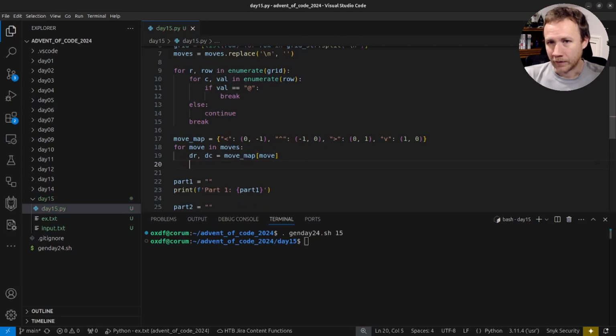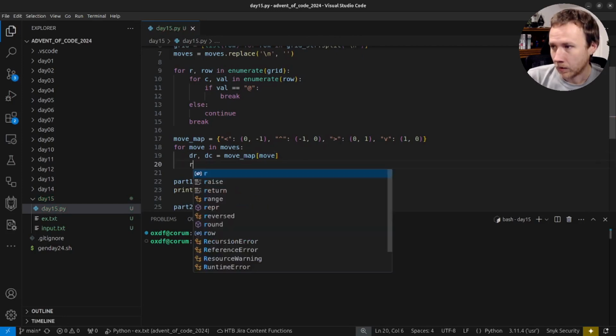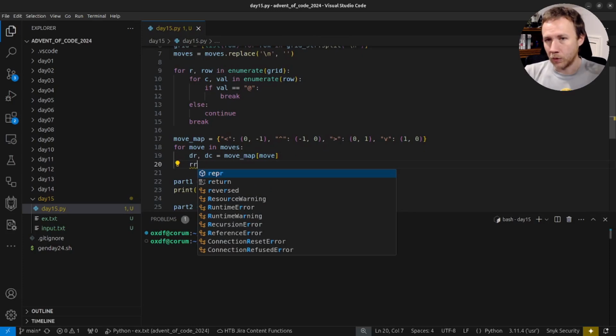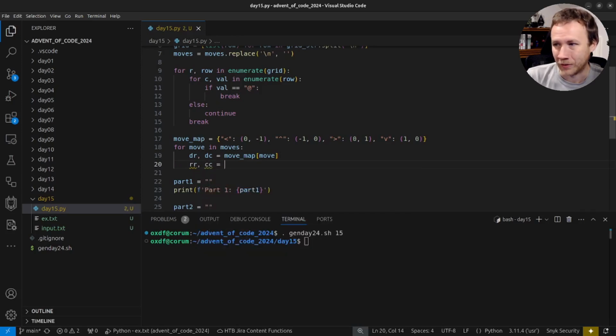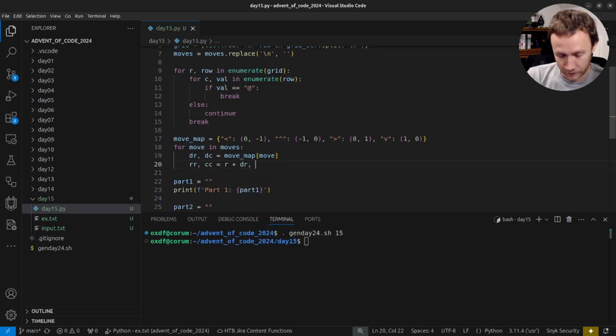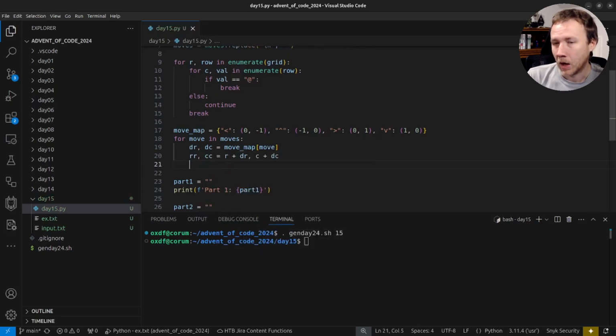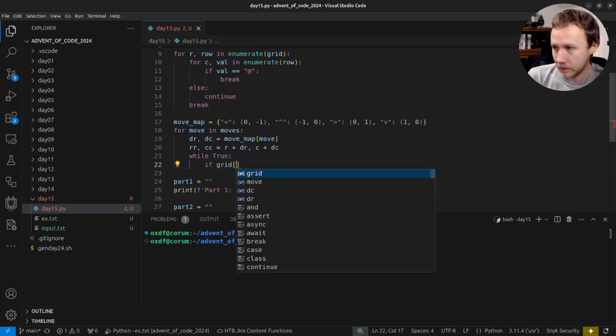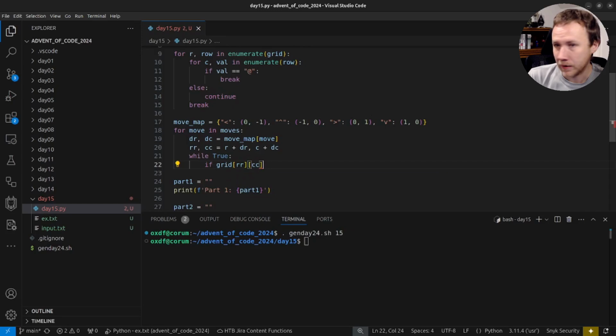There you go. So now I've got my next thing. So we'll say rr. I'm going to need to loop over spaces, and I don't want to move my robot. So I'm going to start with a new, I'm going to call rr and cc, equal to r plus dr, c plus dc. And now I need a way to store, so we'll say while true, if grid rr cc is equal to a pound sign,